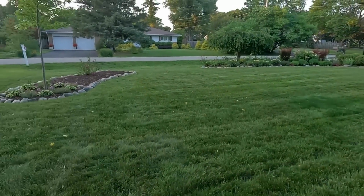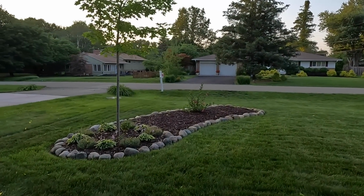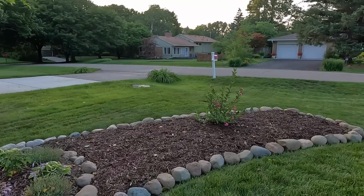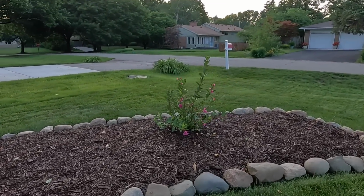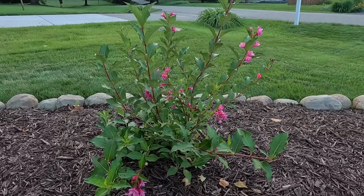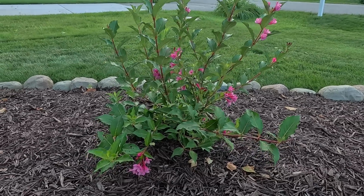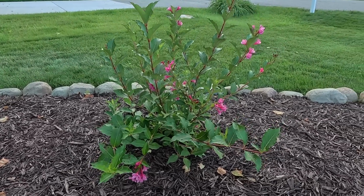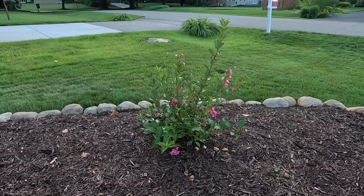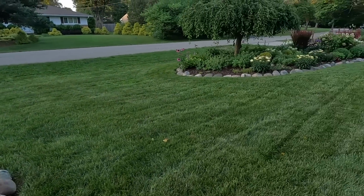And of course, our beautiful new Weigela over here. It is just pushing the blooms out since we planted it. So let's take a look at how that's doing in our gorgeous new garden bed. You can see how the blooms are all over that already, and there's still buds yet to open up. And even though that's out there kind of alone as an island, it has not been bothered by the deer at this point. Of course, I do spray, but